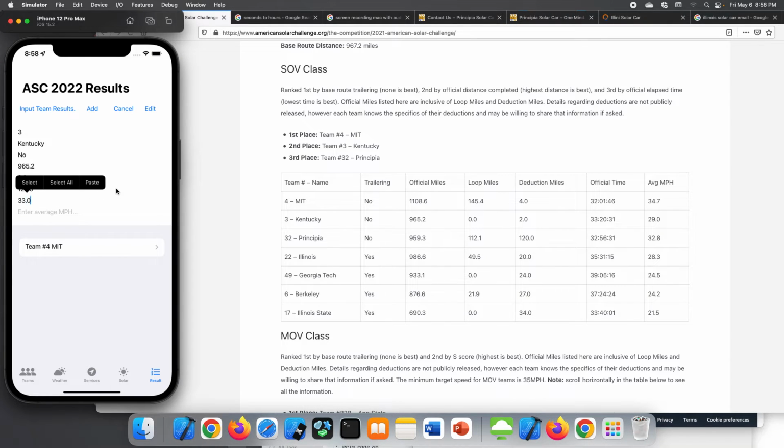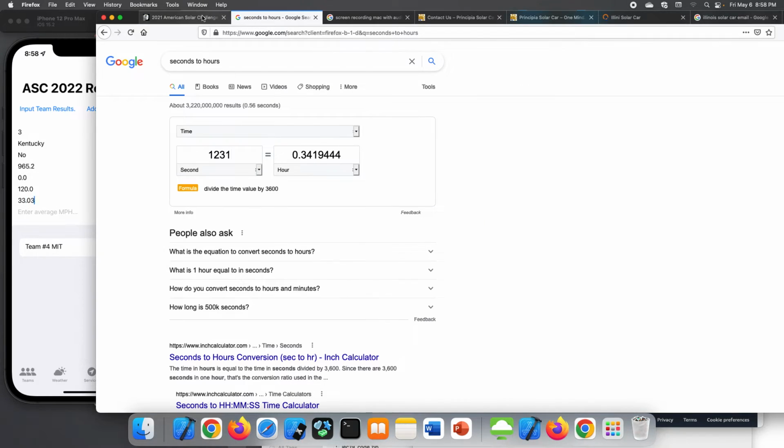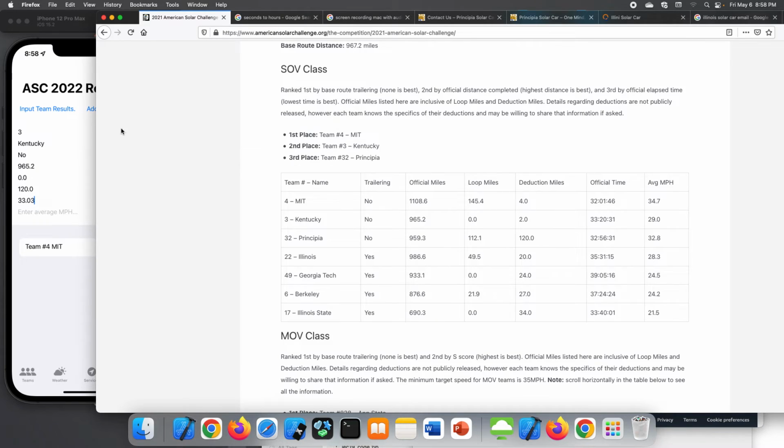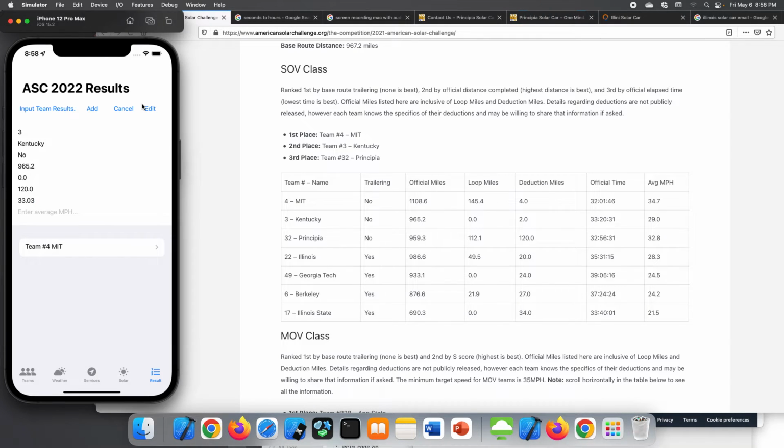3419444. And the average is 29400. And when we click add, you can see it appears down here,